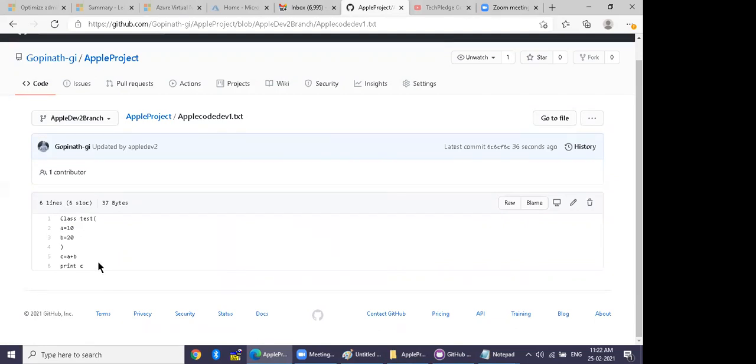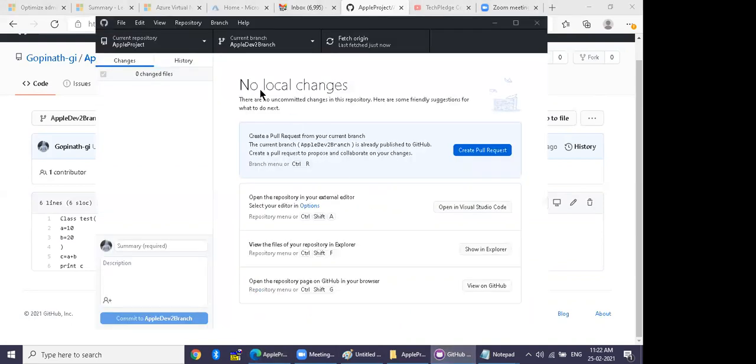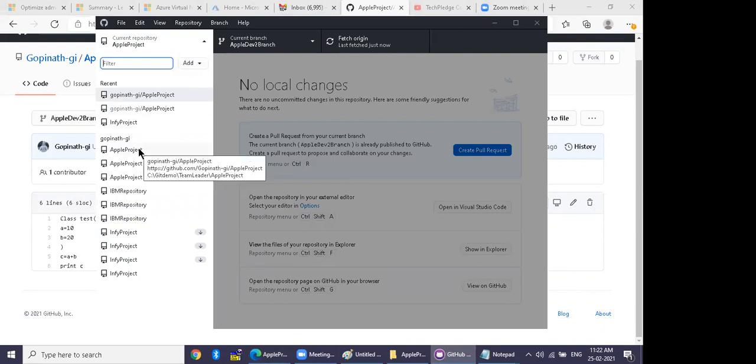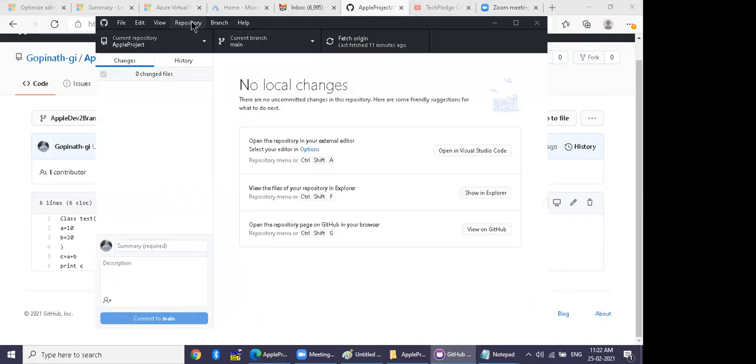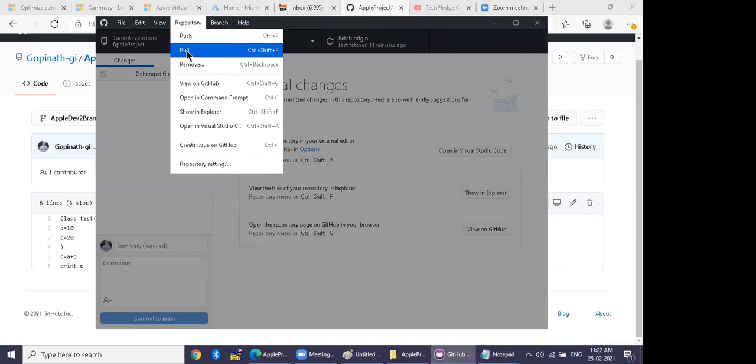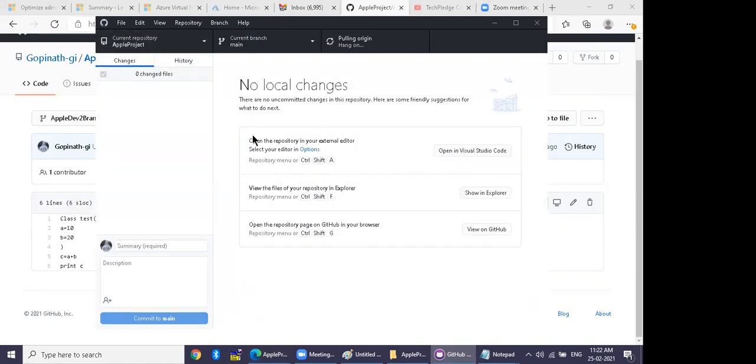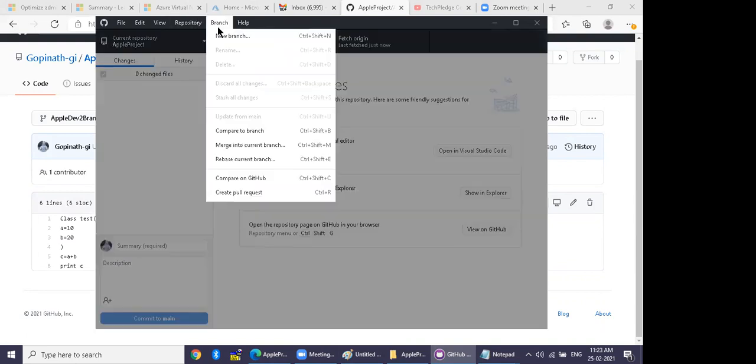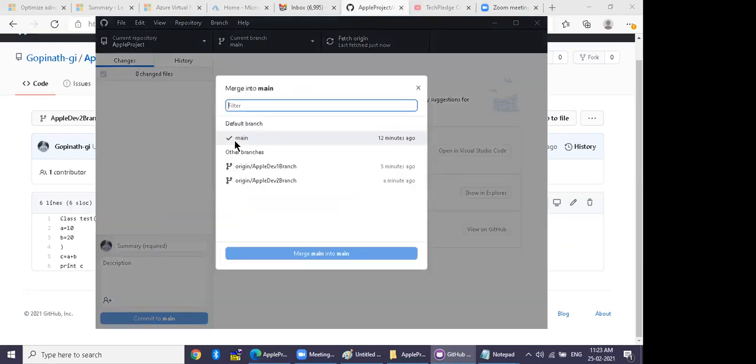Now go back and make yourself the team leader. Then you have to pull the changes. Once you pull the changes, then you have to merge the branch. Go to the merge menu. Which branch do you have to merge?